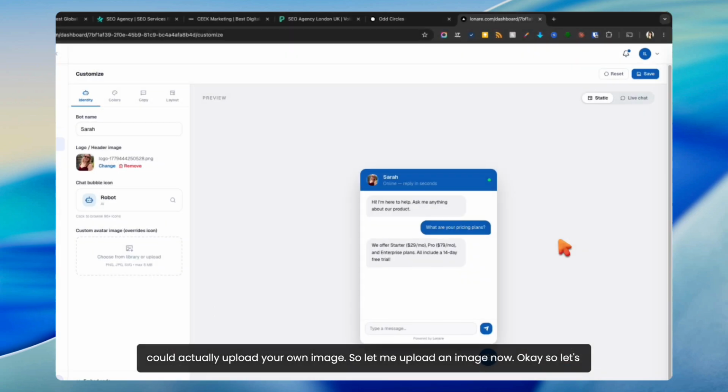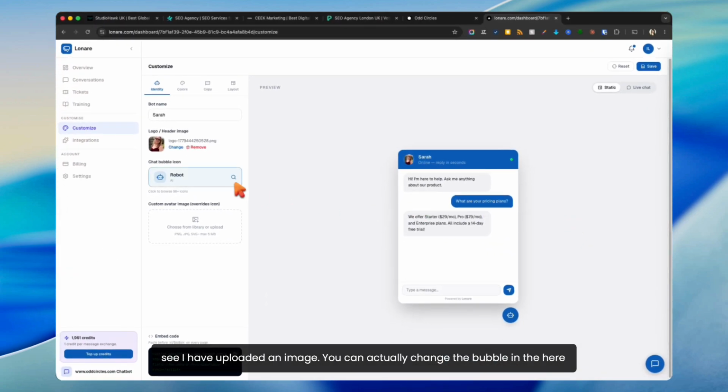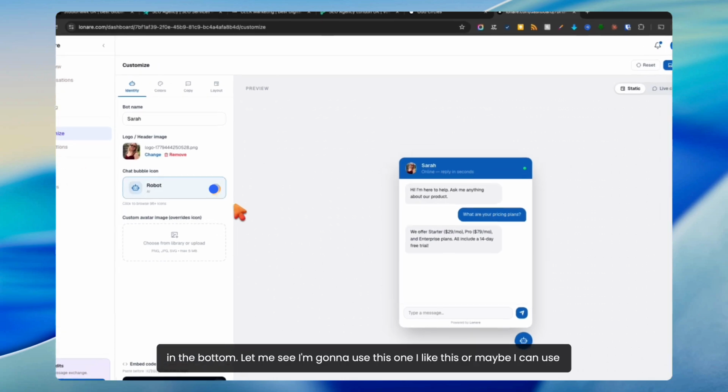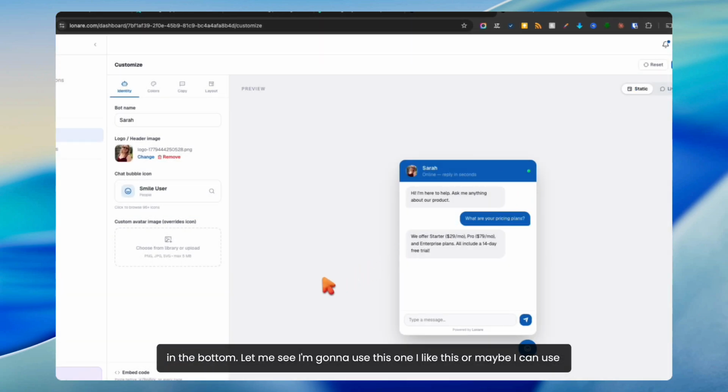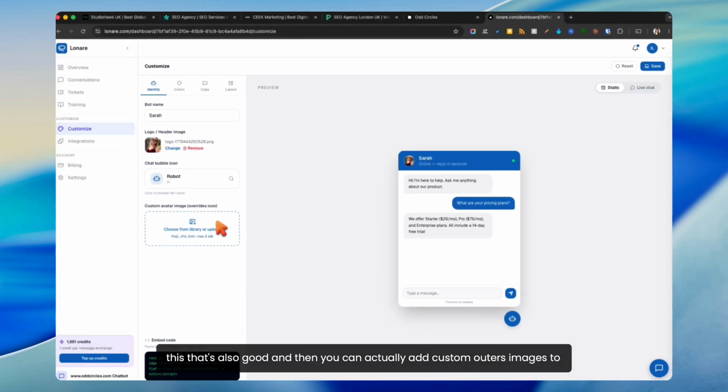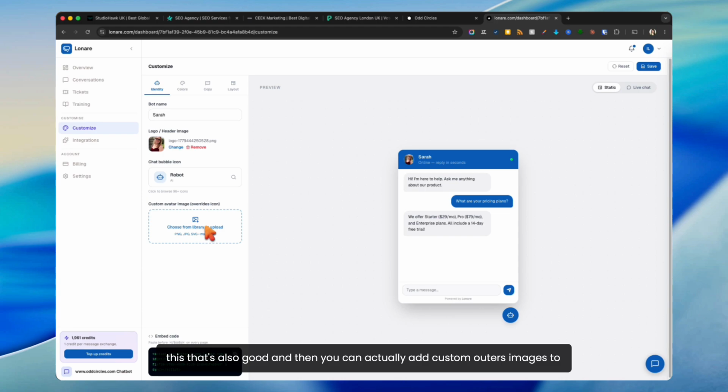Okay, so let's see, I have uploaded an image. You can actually change the bubble here in the bottom. Let me see, I'm gonna use this one. I like this, or maybe I can use this. That's also good. And then you can actually add custom avatar images to override it. Okay,